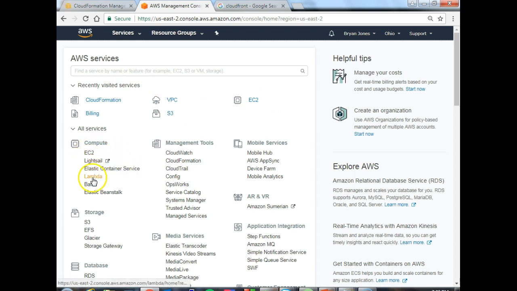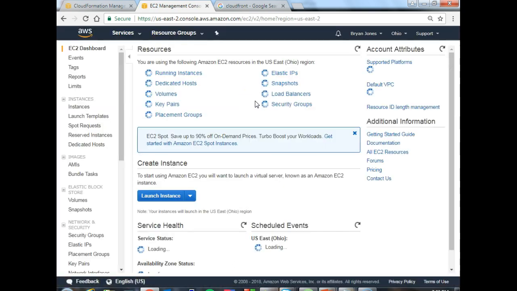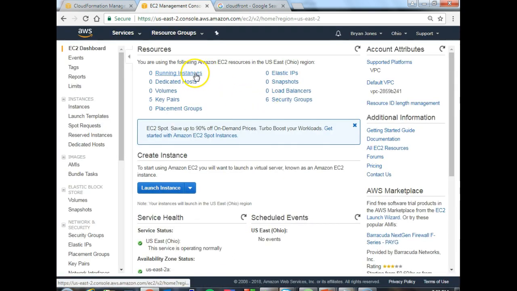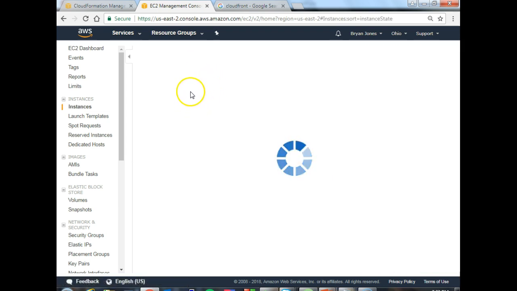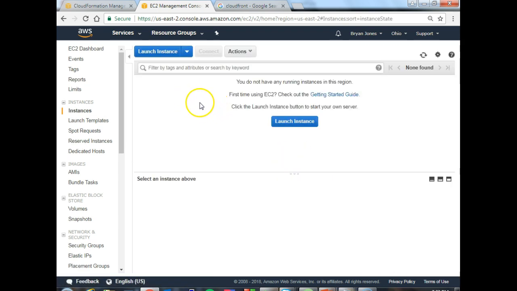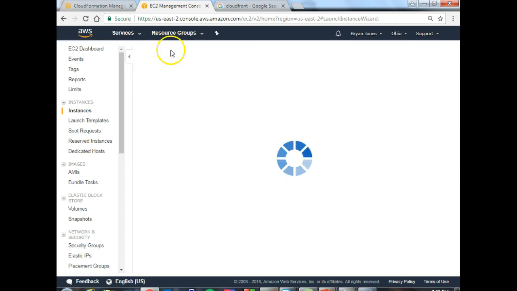And you see just a boatload of options for us. Click on EC2, and you see I have 0 running instances, 0 dedicated hosts. Just not much happening. Got some security groups from stuff I had out there that I've deleted, but again, I'm just showing this for people who aren't familiar with the interface. And you can go into running instances, or I can click launch instance from here. For whatever reason, I always go into here. This is where I actually interact with my EC2 instances, which I have none of in Ohio right now. So if I go to launch,